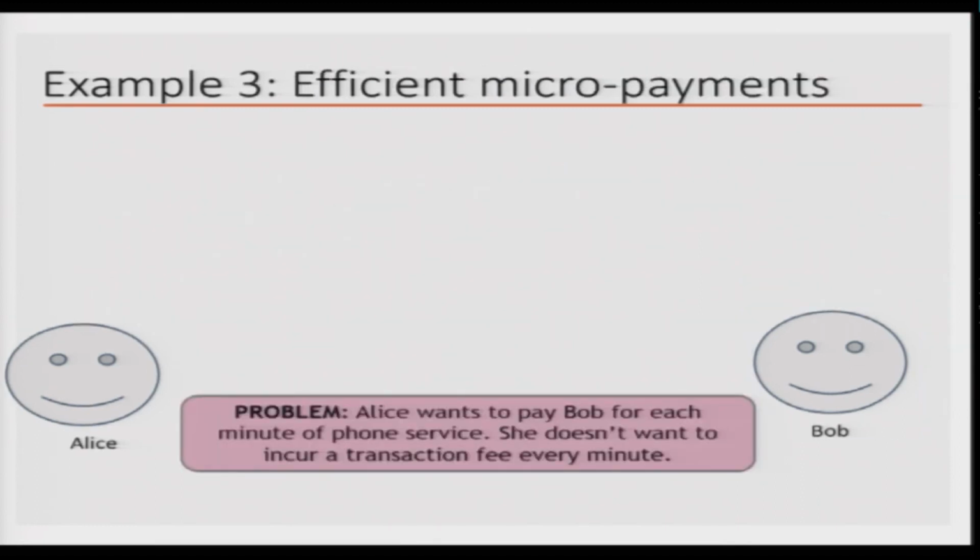The third thing that we want to talk about is efficient micropayments. So, what is a micropayment? Say Bob is a mobile service provider, and it charges Alice by the minute, right. So, when Alice is making a call, then one possibility is that Alice's client, as the minutes tick, pays Bob for 1 minute, and then makes another payment for the second minute and another payment